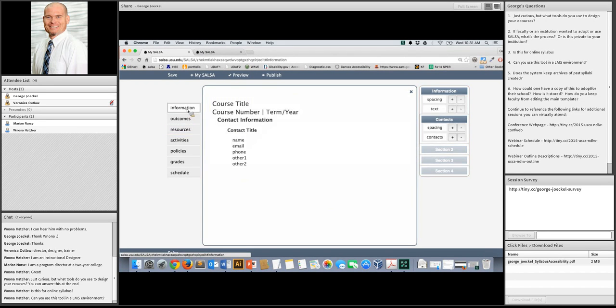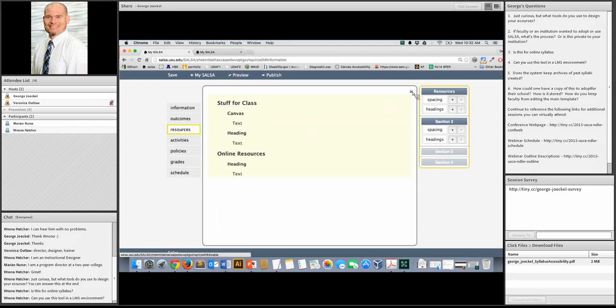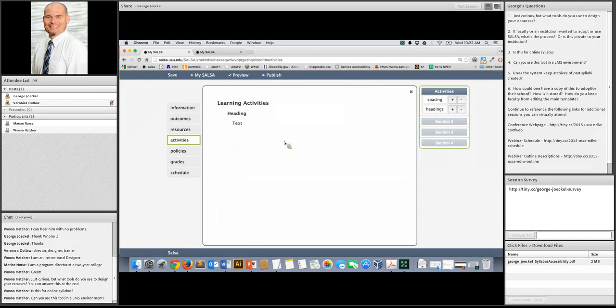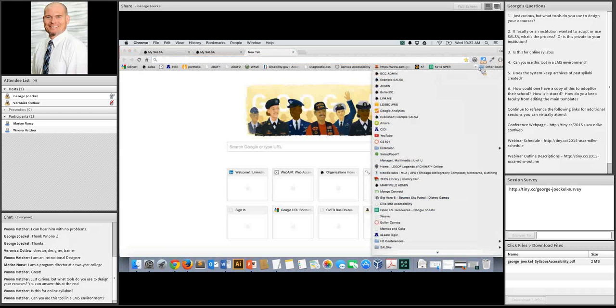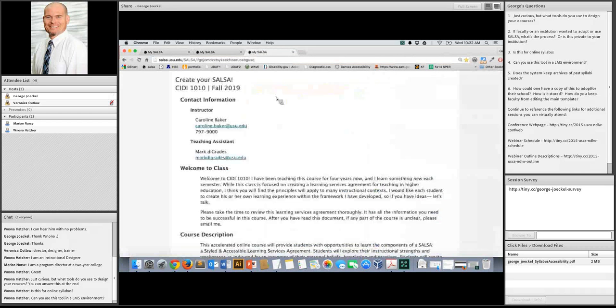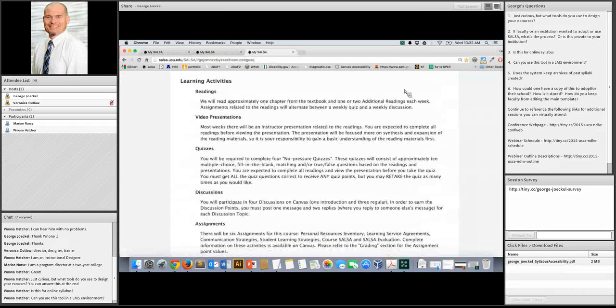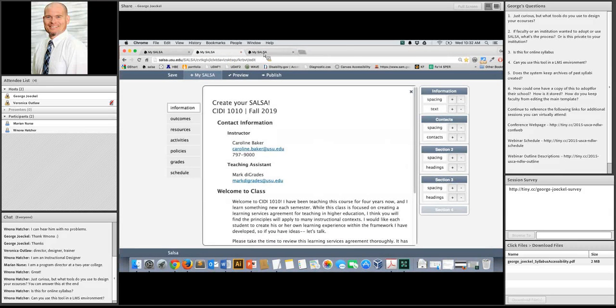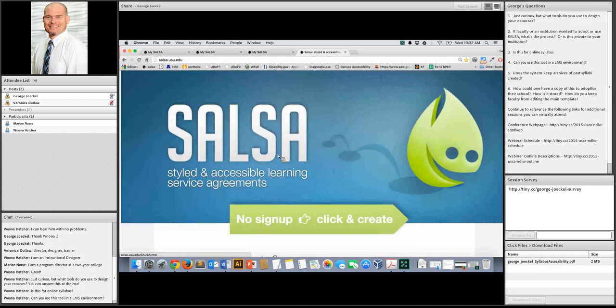So, this one could be online resources, whatever you want to put in there. And then, if you don't want to have a section, you can remove that. Some people put all of their resources just in the information view by adding different sections. So they might come in here and say, I don't need that. So that you can just disable that whole view. Activities, kind of going to be the same thing.